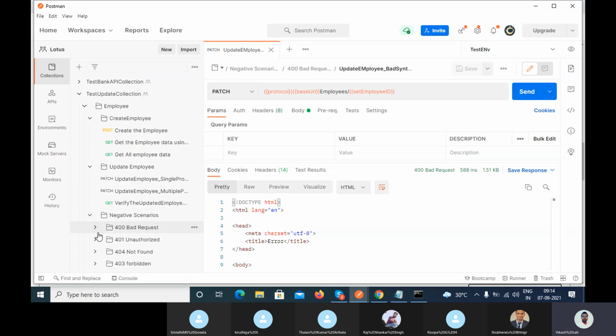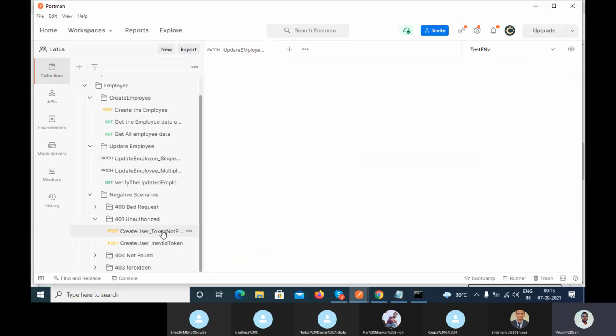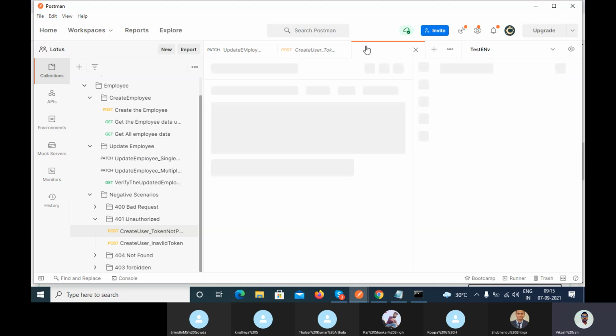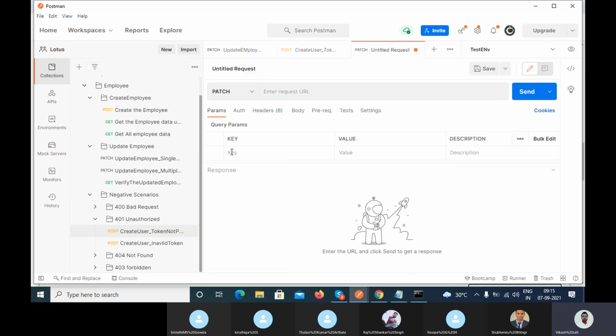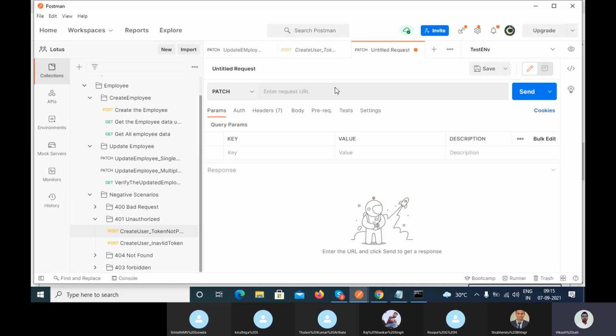Now you can add the scenario 401 unauthorized. Similarly, to update the data we need the token, right? Right now we are using a different service here, the Go REST. Okay, so let me create the patch request for that, and use this particular service, Go REST service, and go here and pass it here. Go to the body and raw,